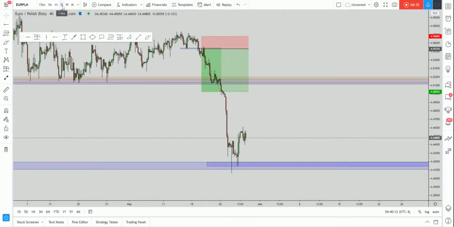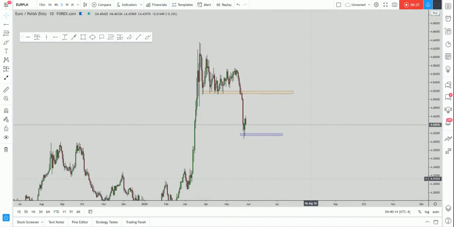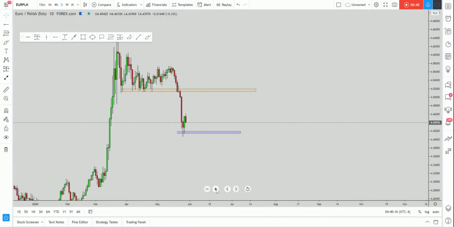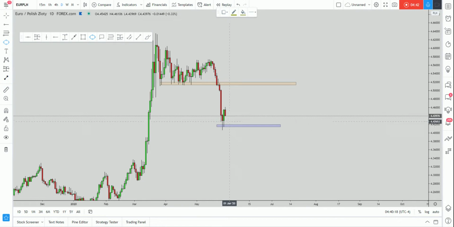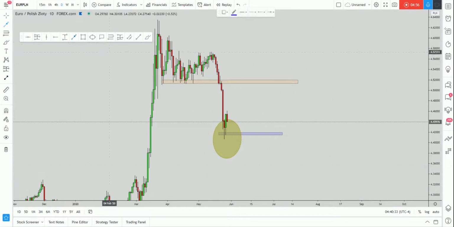So how will we be approaching this with students? Very simple, as usual, being reactive and not predictive. We will be monitoring price action inside of this area and also lower if the market will actually manage to go lower. And as soon as we see a clear shift from a bearish market to a bullish market and the creation of one of our valid entries,